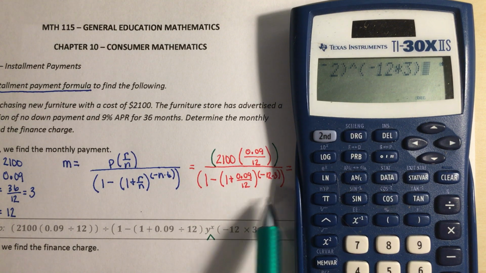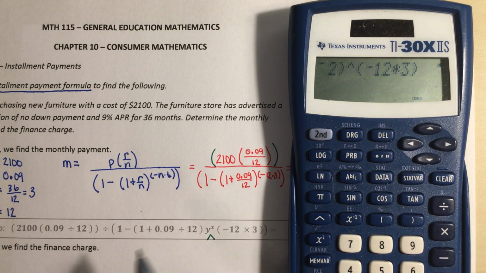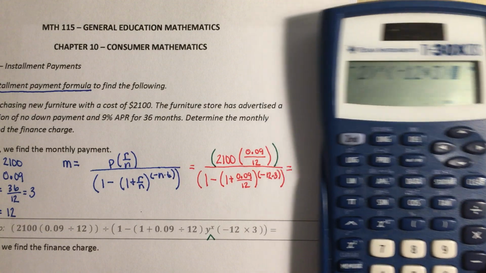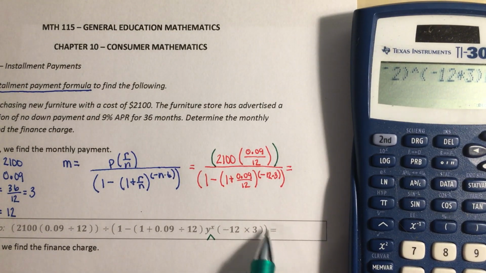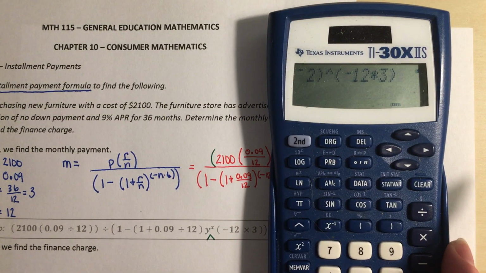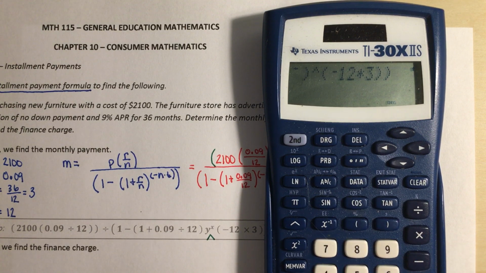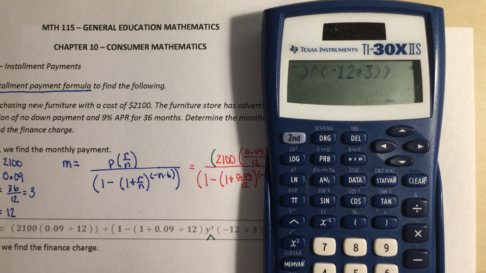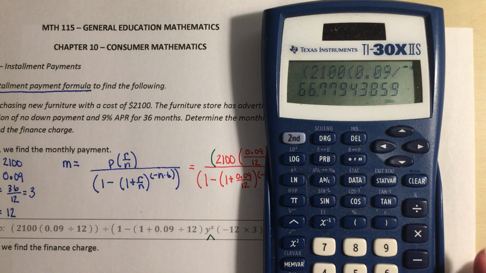But notice that we still have one more big parentheses, so just like we did in the top part of our formula, we do have, it's kind of shaded here, 2 parentheses that we're going to do here. So we're going to add one more parentheses to that. Then we're going to hit our enter button. All right, and we get